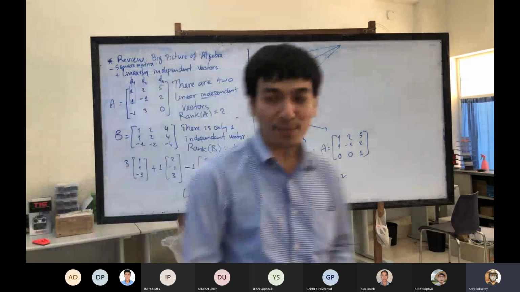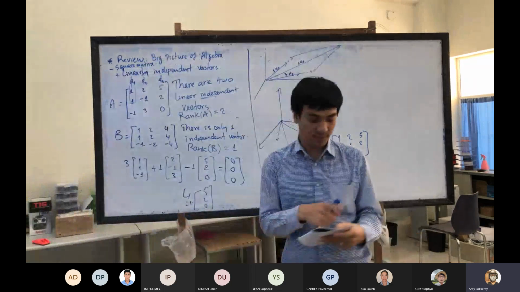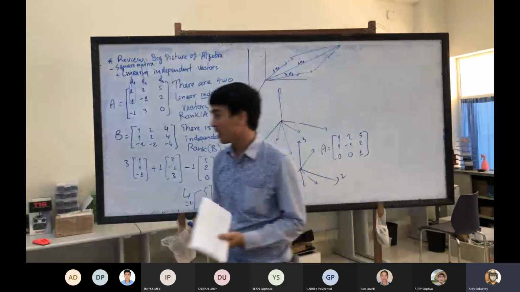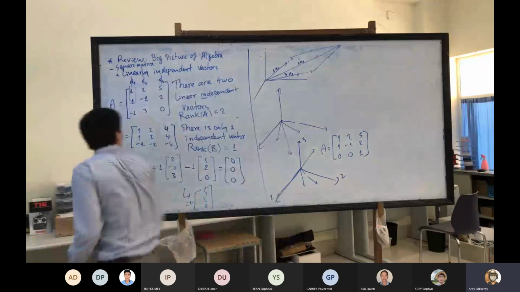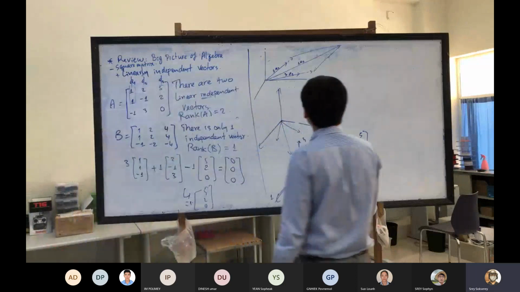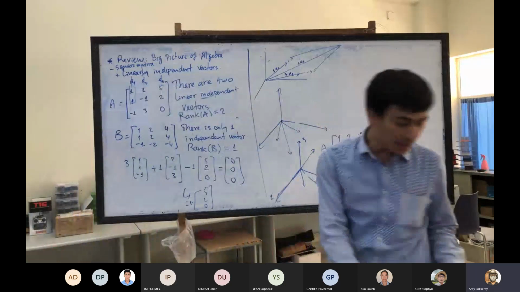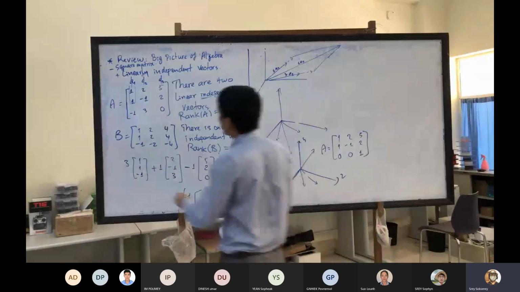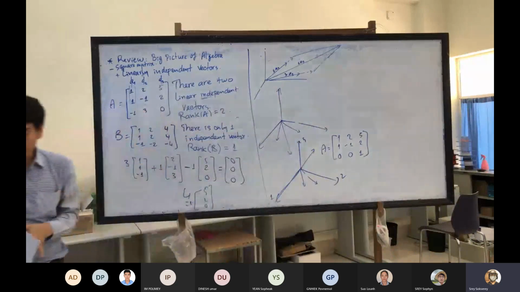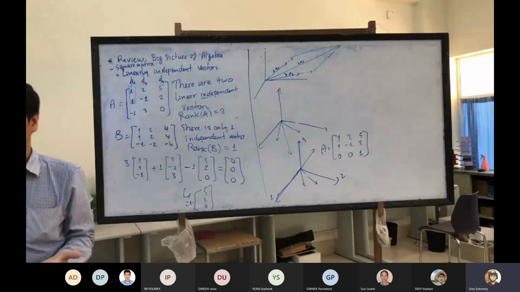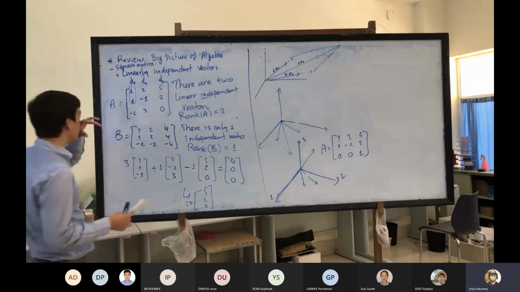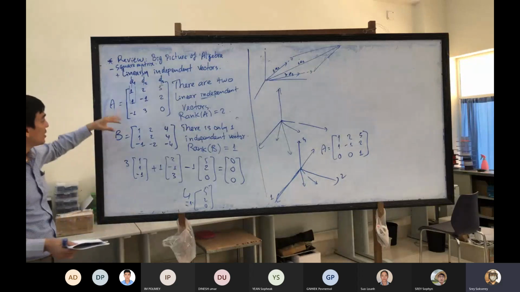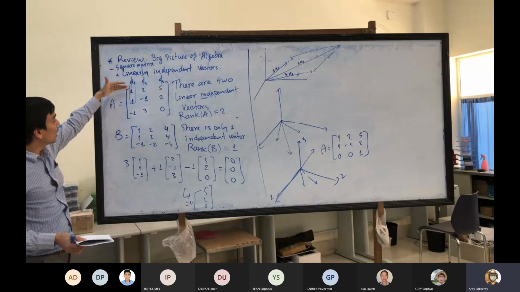Let's see the connection between rank and determinant. Yes, my next point is determinant. The determinant of a matrix represents the volume. There is a proof that if you use